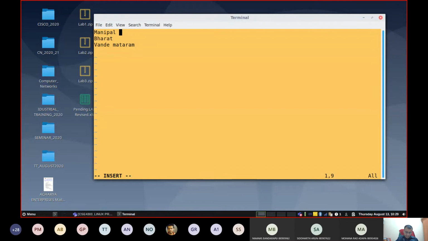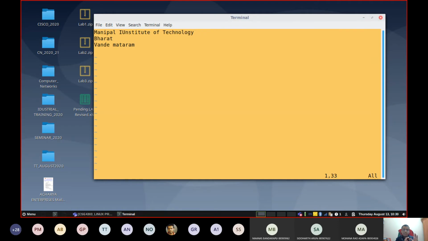Now I will change the content. I made some changes to the file. Now I am in insert mode. How to go to insert mode? Remember carefully, by pressing the I key. Now I have to change the mode to control mode and save this particular file. To go to the control mode from the insert mode, you need to press the escape key.